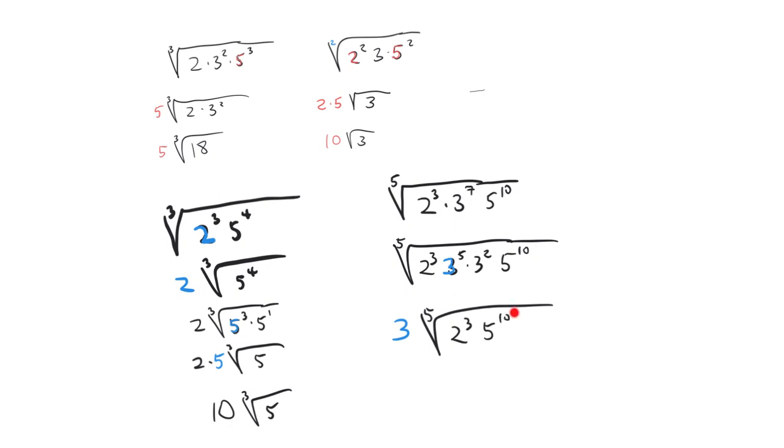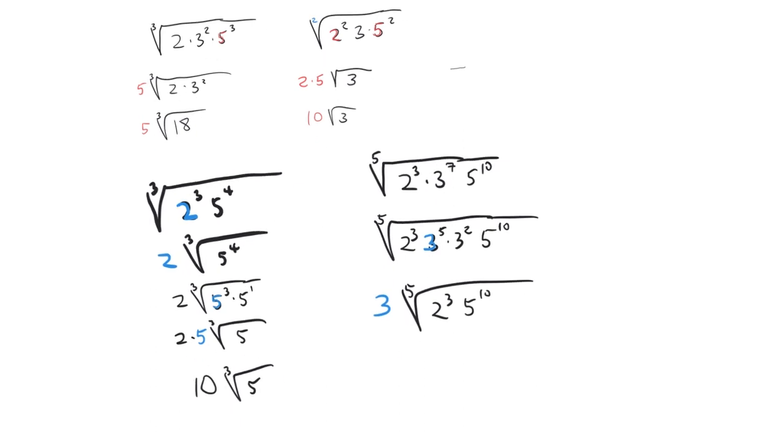Now, you might be looking at this 10 and you might be thinking to yourself, well, okay, cool. The 10 is certainly more than 5, so maybe we could do something similar. Perhaps we can split the base. Well, you could, but it's not just that this 10 is more than 5. This is a slightly more unique situation in that not only is the 10 more than the index, but this 10 is a multiple of 5. So whenever you have an exponent that's a multiple of the index, what that means is you can then rewrite that